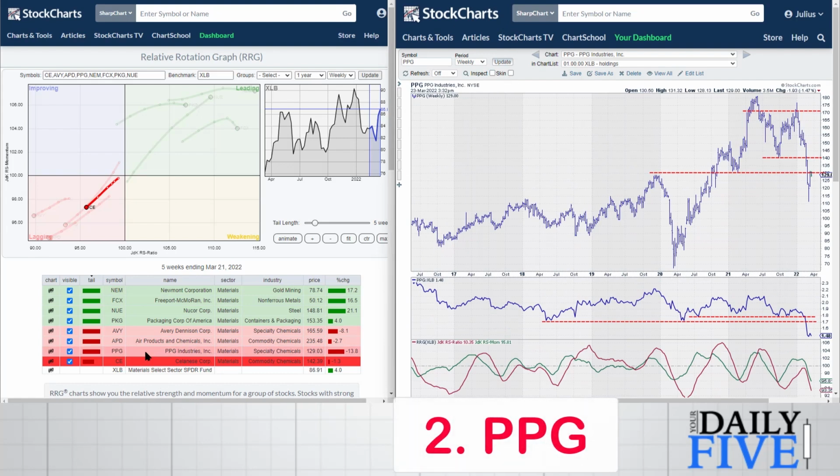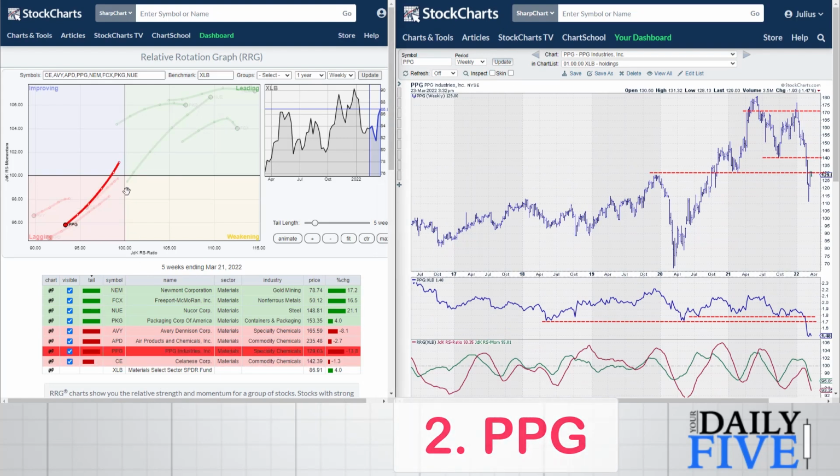PPG, that's also one of the stocks that's inside the lagging quadrant, actually with a quite long tail pushing further into it. And we'll see a similar pattern to what we saw in CE. Big break from a top formation, pull back to the breakout level where we now seem to be failing around 130, and that very clear break in terms of relative strength. So from a relative point of view, PPG Industries is in a relative downtrend, makes it not attractive to be invested in. And from a price perspective, this is now a new downtrend, and the leg down that we saw